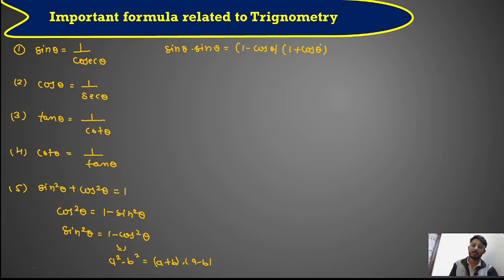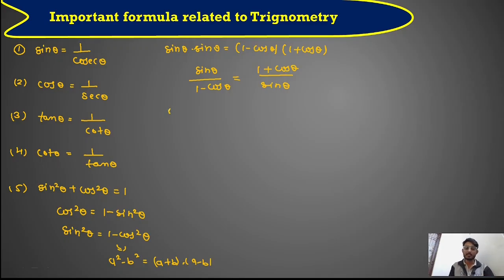So from here you can transfer 1 minus cos theta to the other side. Both are in multiply form, so whenever you transfer a term from one side to the other, you reverse the operation. Here it is multiply, so when you transfer it, you get divided form. So you will get sin theta upon 1 minus cos theta equals 1 plus cos theta upon sin theta. Basically this formula is also obtained from this identity.